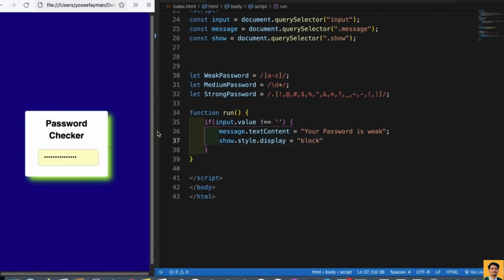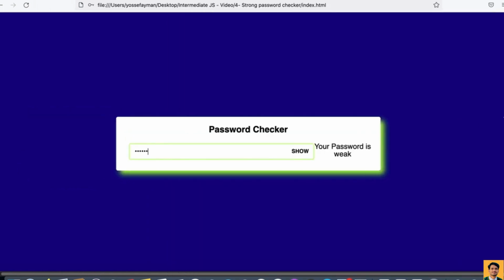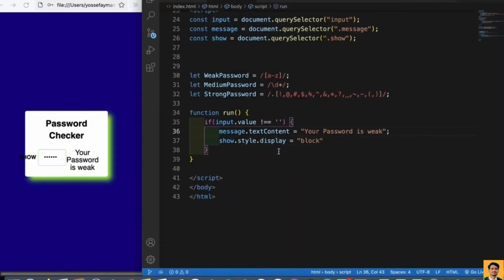So let's take it out. Okay, we got the show here just because we don't focus on the responsive design, but when we make it larger, it's good. Okay, now it's not empty, but we need to make another case right here, but we don't really need else